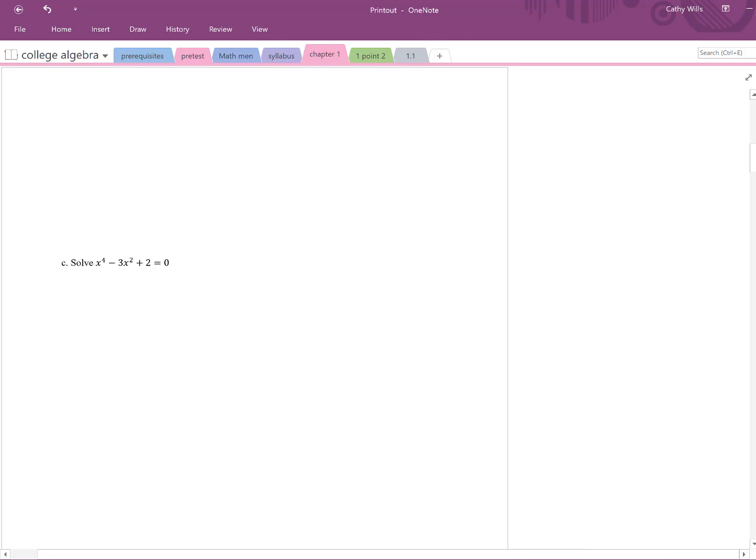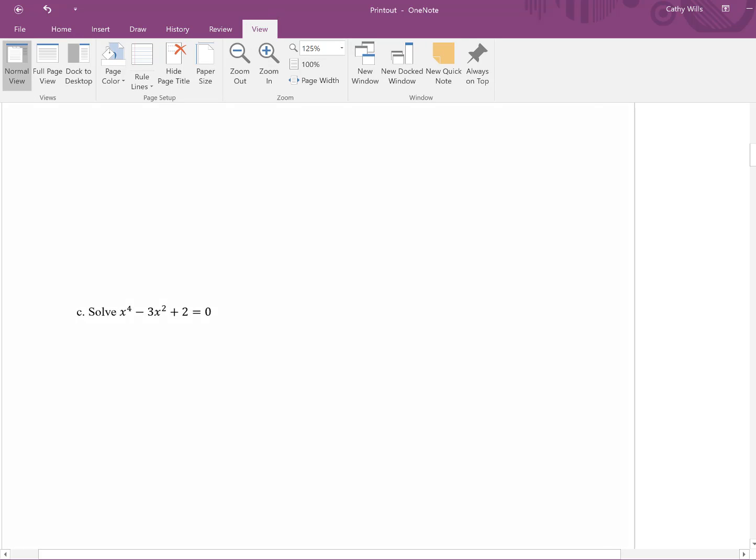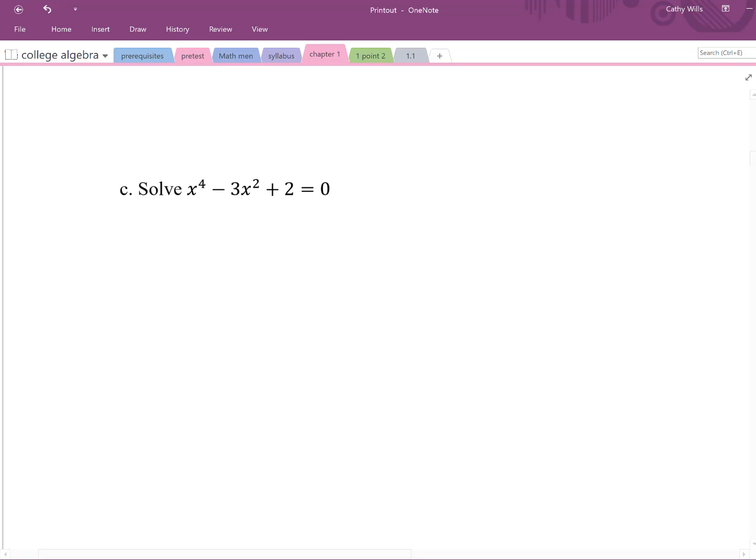Here we've got another equation that has factorableness to it. It can be factored. It looks a lot like a quadratic, except that this is a 4 and this is a 2. Instead of usually it's a 2 here and a 1 here for those exponents. So you can factor it out